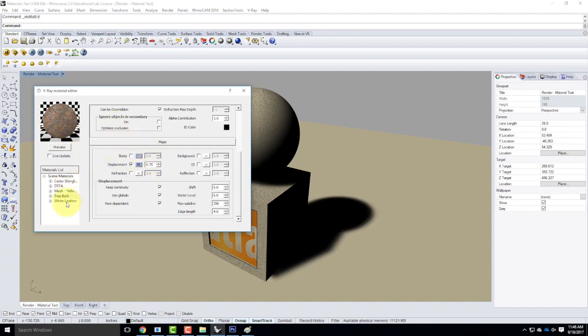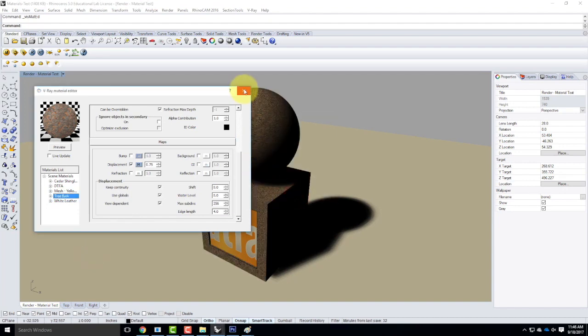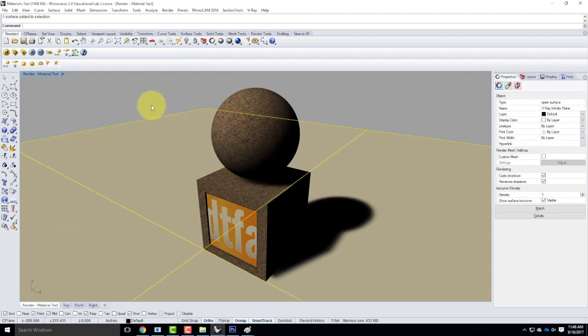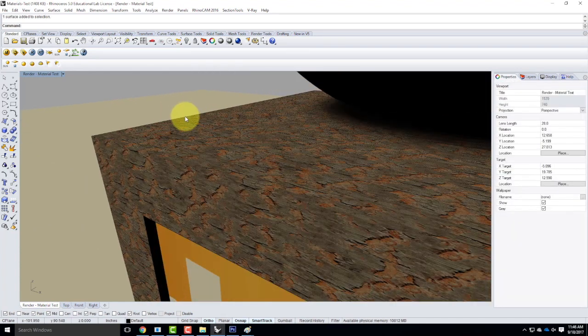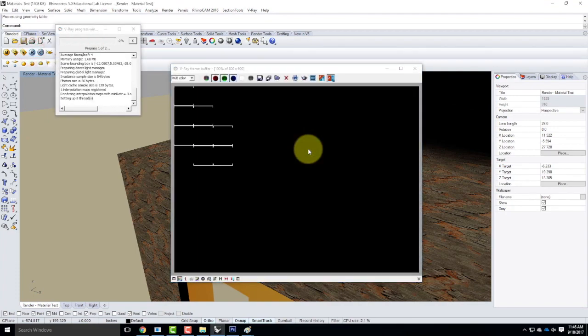Let me apply that material to layer. It's going to go on the materials test layer. There it is. Let's zoom in a little bit to take a closer look at this. And we'll go ahead and render it, because I'm trying to get a sense for, did I do it the right amount, or too much, or too little,